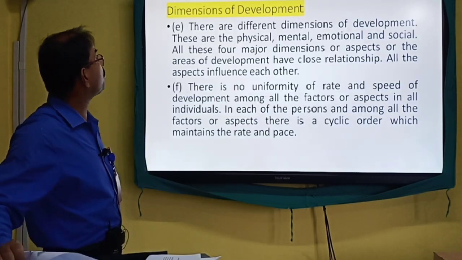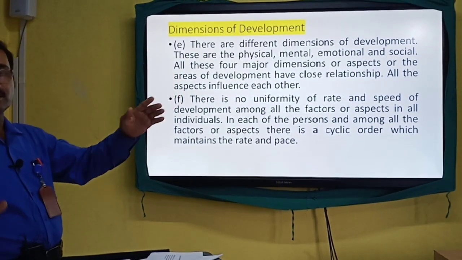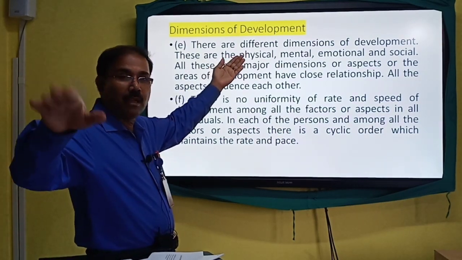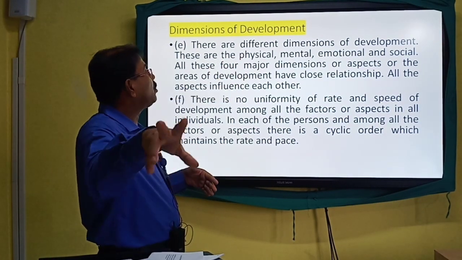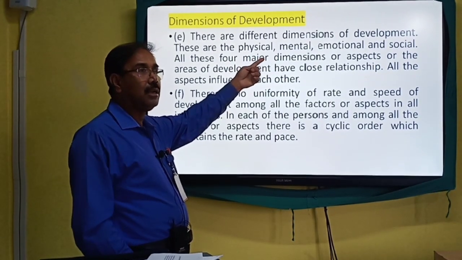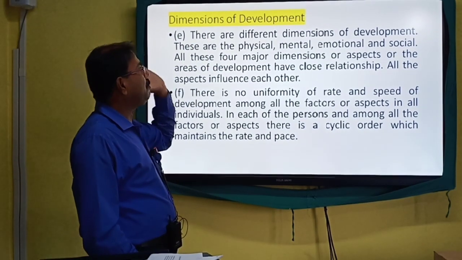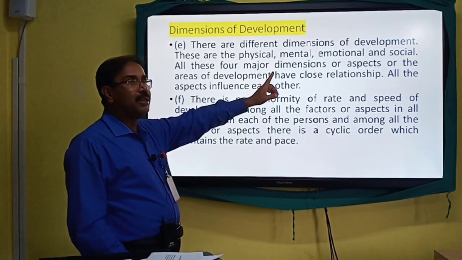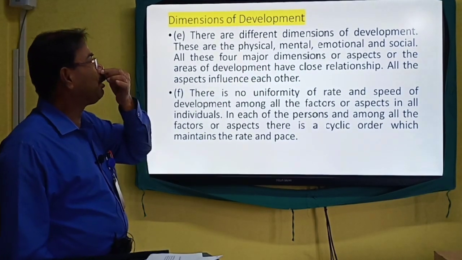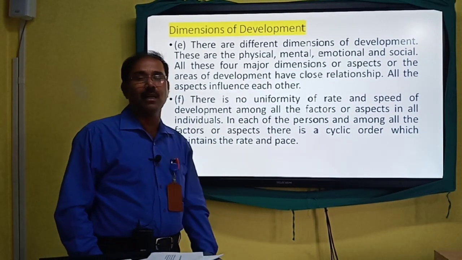Let us see the next picture. Friends, there are different dimensions of development. Physical: you were a little child and today you are grown up. Mental: you could not utter a single word, but today you can speak, or give logic in many areas. Emotional: you could not express your emotion, simply after seeing your mother you would laugh, but today you can express your emotion. And the social area is another dimension.